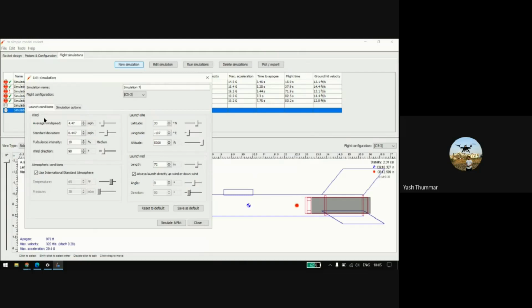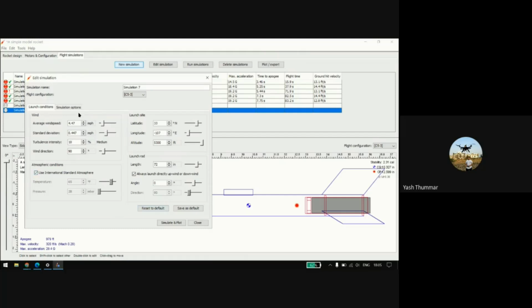You also have to change the wind and the other atmospheric and environmental parameters depending on which environmental parameters are provided by the competition, or if you actually make a physical model rocket and test it, you will be provided with all this data.